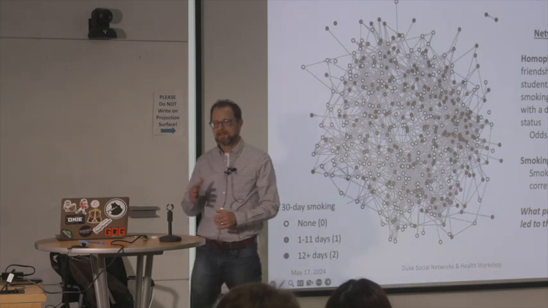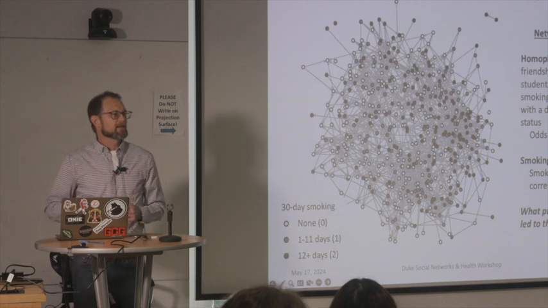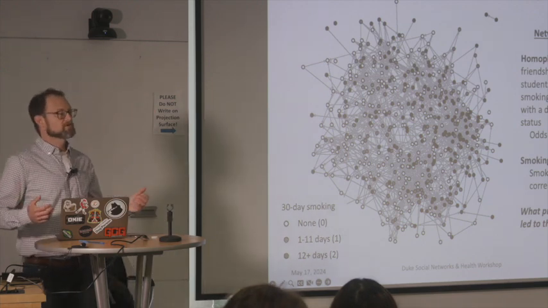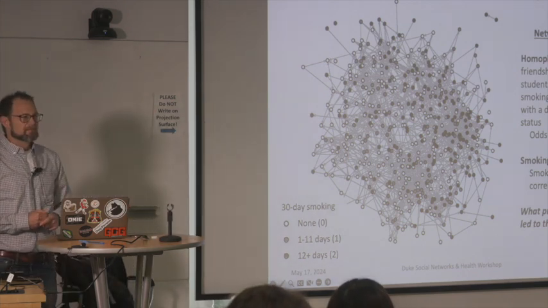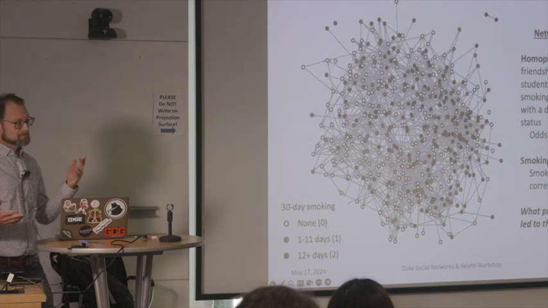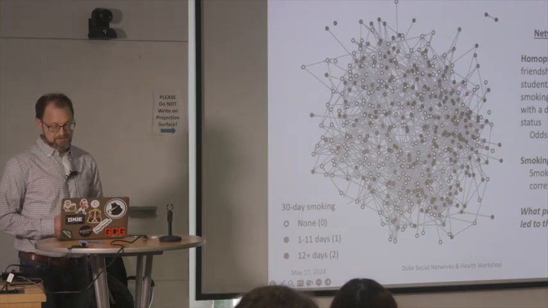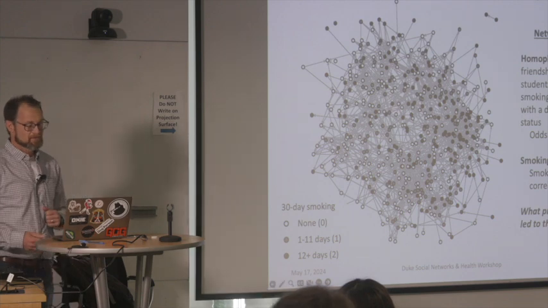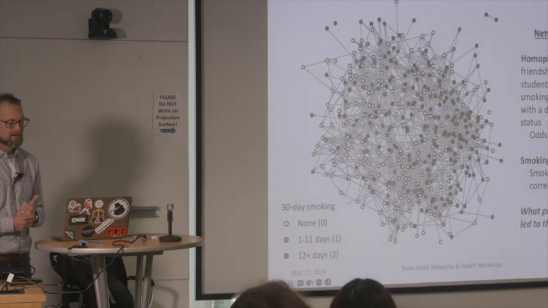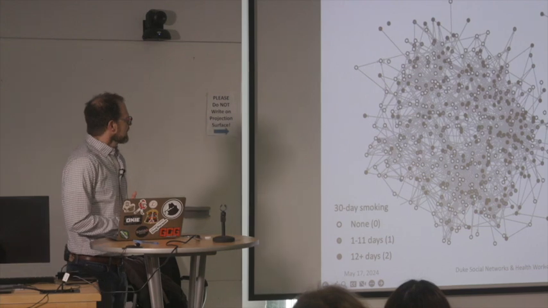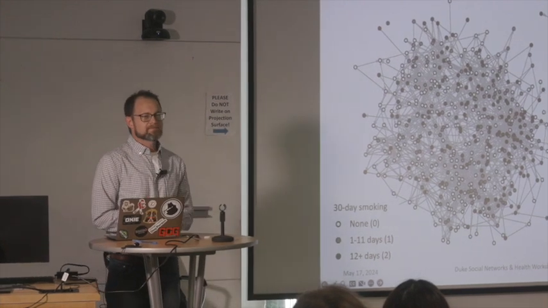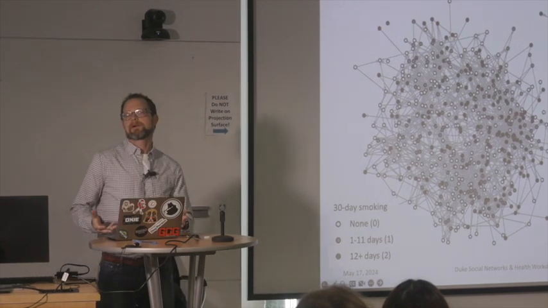Okay, so smokers have slightly more ties coming into them, which could mean smokers are more popular in this school. Again, there's nothing much to do. So if you're smoking and you've got the booze and the cigarettes, maybe you're more popular. Okay. All right. So with the SIENA model, one thing we might want to try to do is